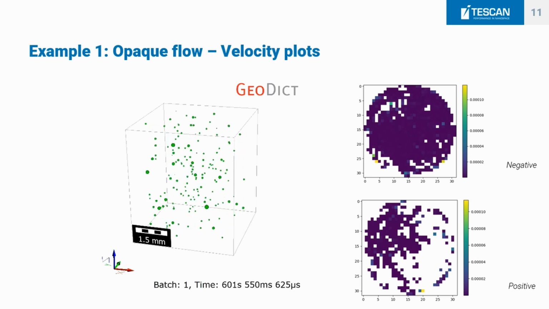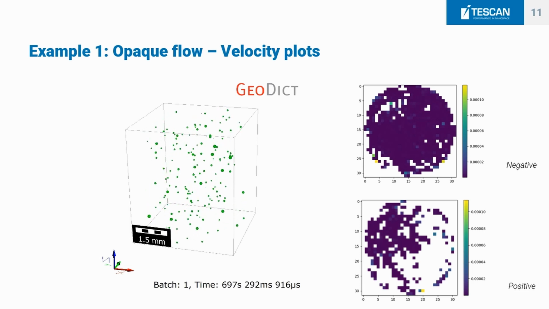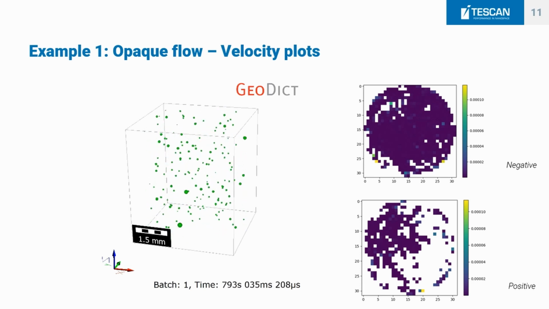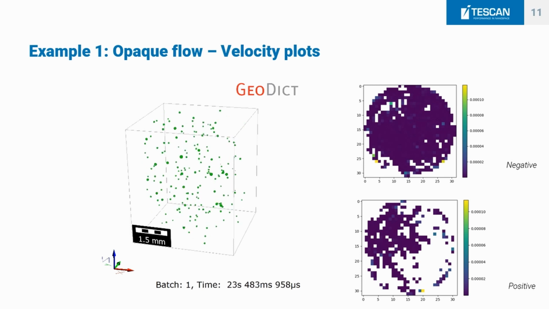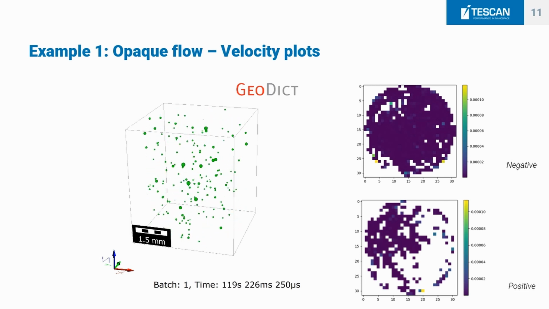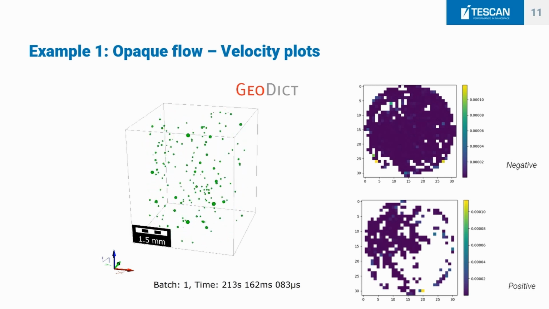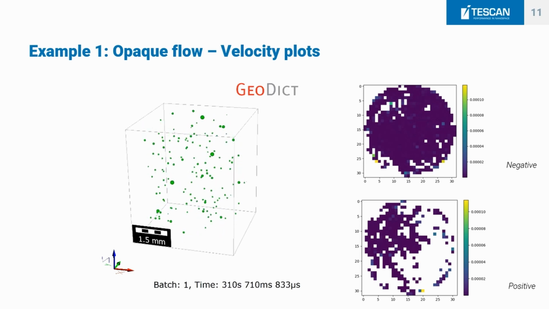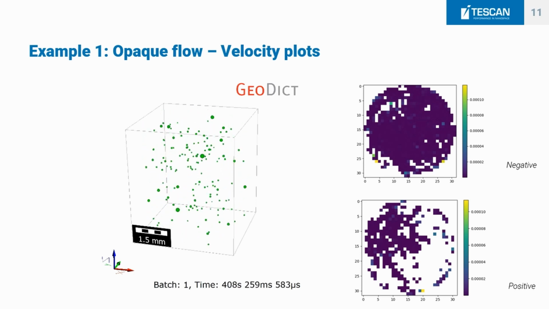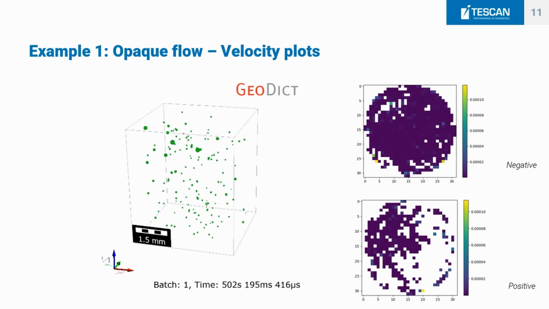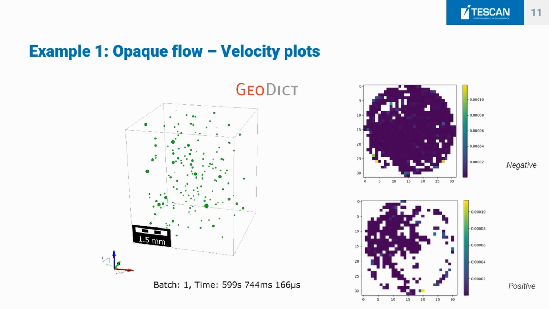You can see this on the right, and you can see that there's negative velocity plots, which means the particles are going up, and the positive velocity plots, which are actually the ones that we don't want for the particles that could go there. But again, proof of principle that we can track particles at a very high temporal resolution using this experimental setup.